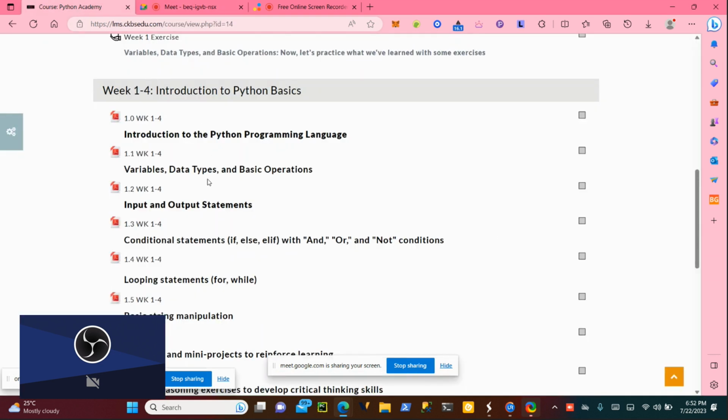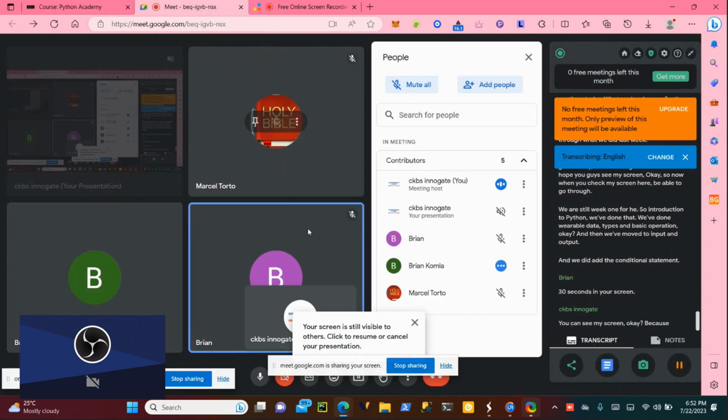Okay, so now let's go on. I hope you can see my screen. Yes, please. Okay, so now when you check my screen here, we are still in weeks 1 to 4. Introduction to Python, we've done that. We've done variables, data types, and basic operations. Then we moved to input and output, and we added the conditional statement. But please, I can't see your screen. You can't see my screen, okay, because you just joined.